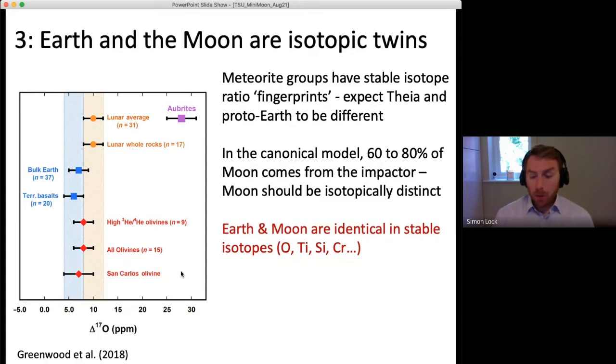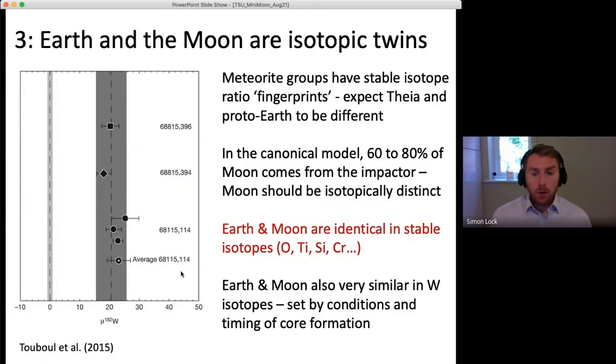And actually the problem goes beyond that, because the isotope fingerprints like oxygen are signatures of where material has come from in the lunar disk. But we also look at different isotopes, things like tungsten. And now tungsten, certainly the 182 tungsten, which is what we're going to talk about, is not a fingerprint of where material came from in the disk. It's actually a